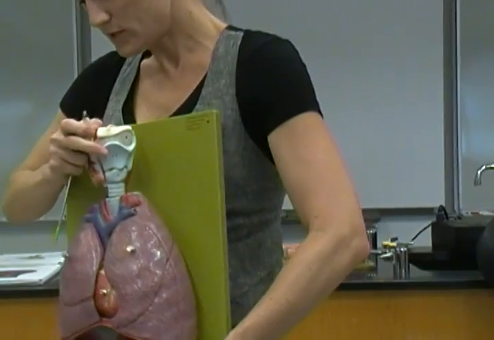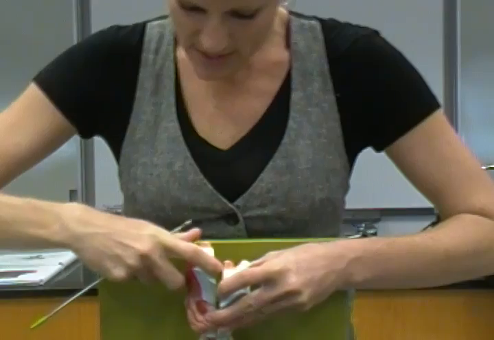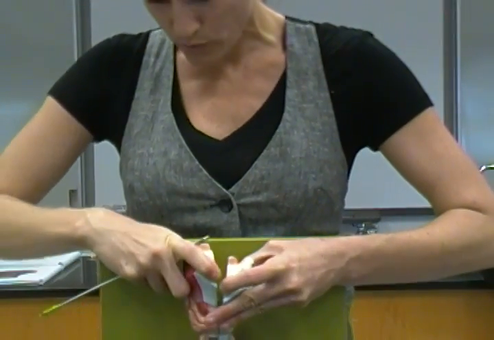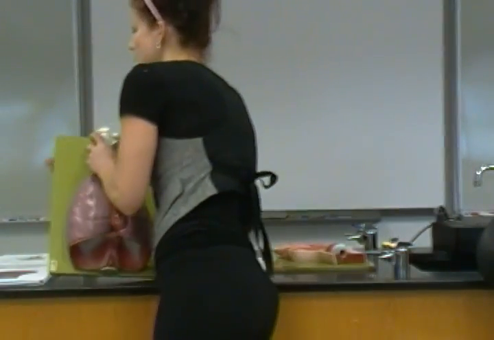So we go through the larynx or voice box, and then we carry air down through the respiratory tree or the bronchial tree to bring